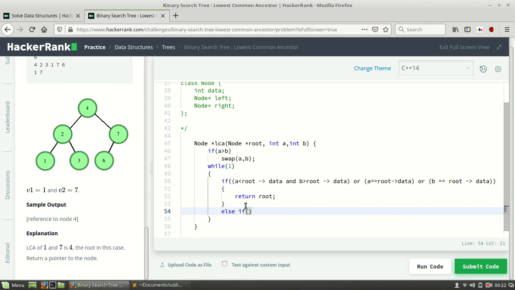And else, that means we are not at the correct position. In this case it will run at once only, but suppose we are not at the correct position, then we will check it.